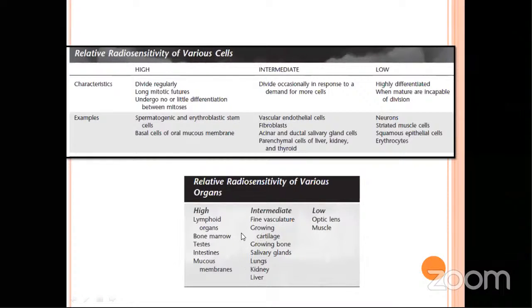Okay, when it comes to organs, the lymphoid tissue, the bone marrow, the testis, the intestine, and the mucous membranes are all very highly radiosensitive. Okay, the structures which are from the mesoderm are the intermediate type, whereas the muscles and the optic lens are